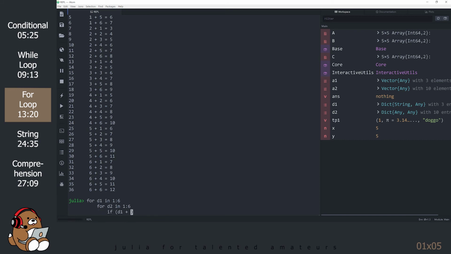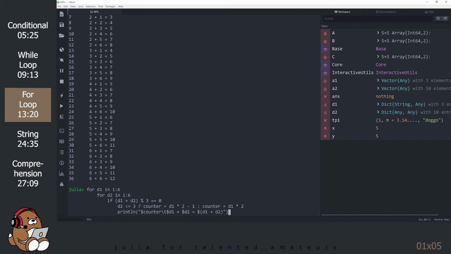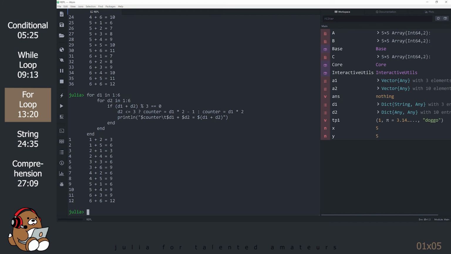This next example shows a for loop with a nested for loop, with a nested conditional, with a nested ternary. This code calculates and displays all of the possible 2 dice rolls where the sum is divisible by 3. The first column displays the counter from 1 to 12, showing there are 12 combinations of rolling 2 dice where the sum is divisible by 3. The second column displays D1, or the outer loop. The third column displays D2, or the inner loop. And the fourth column displays the sum of the 2 dice roll. As you can see, there are lots of ways to combine loops and conditionals.